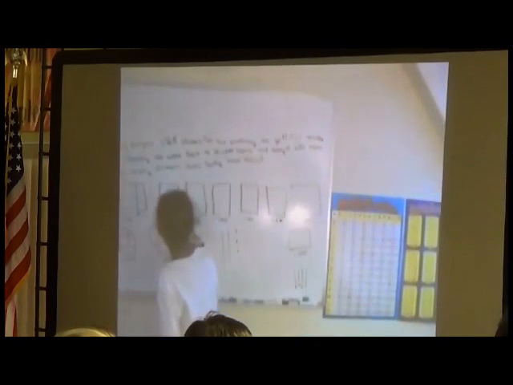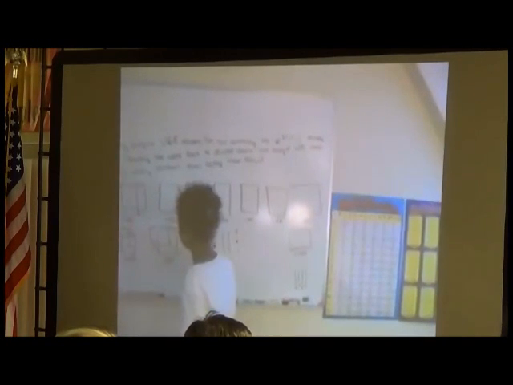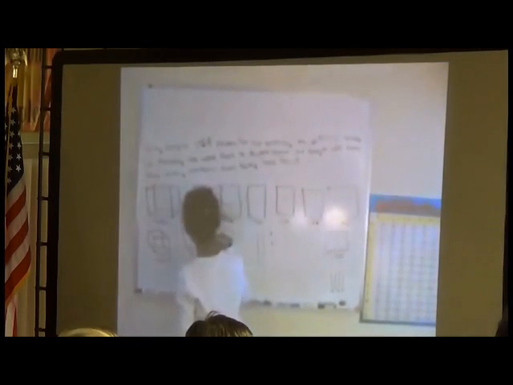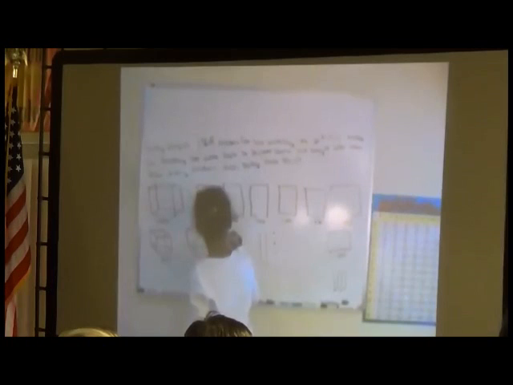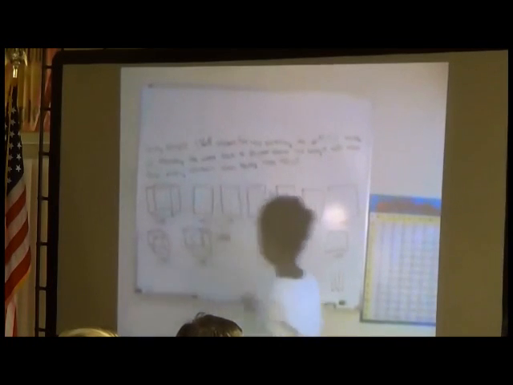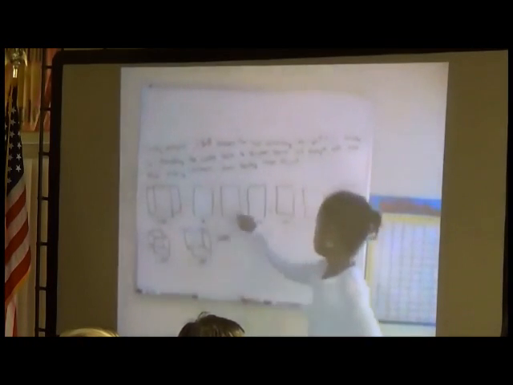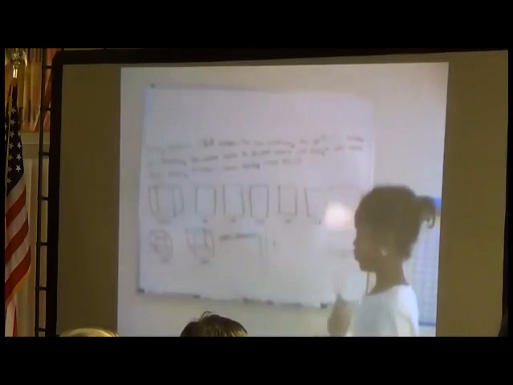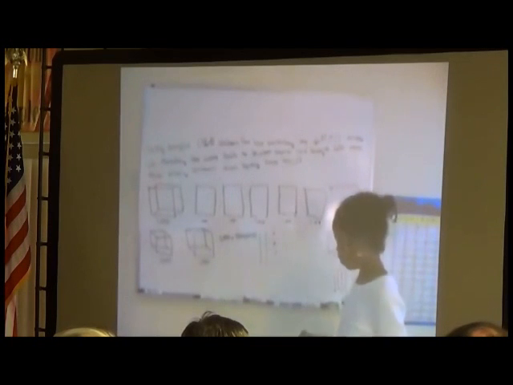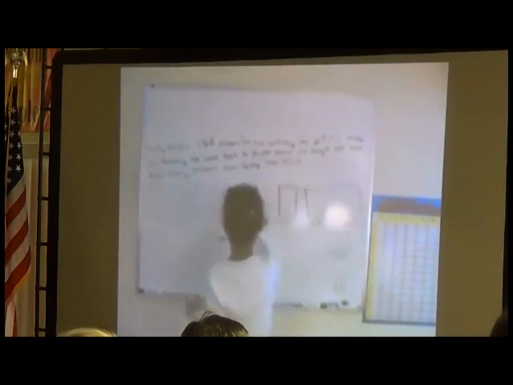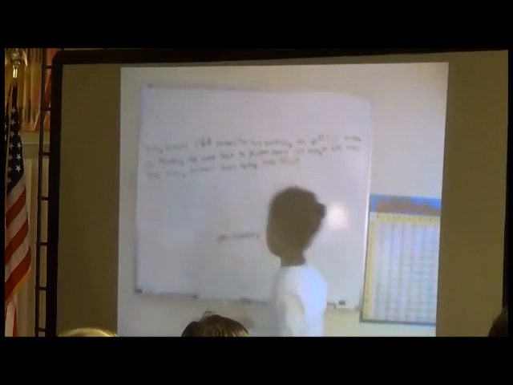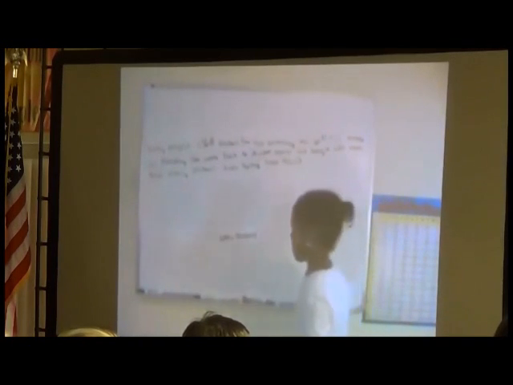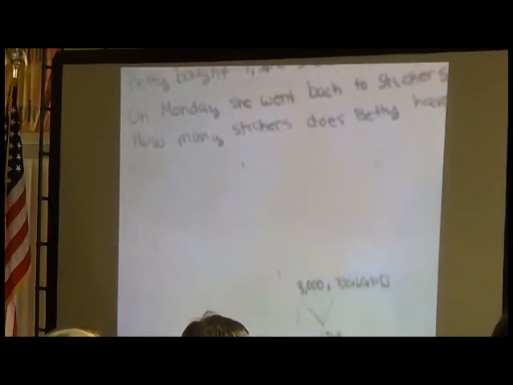So we have 1,000 plus, well, let's just say 3,000, because we have 3 cubes. 3,000 plus. So now we can erase all the sheets and hundreds and tens. So we can just add, and that gives us a total of